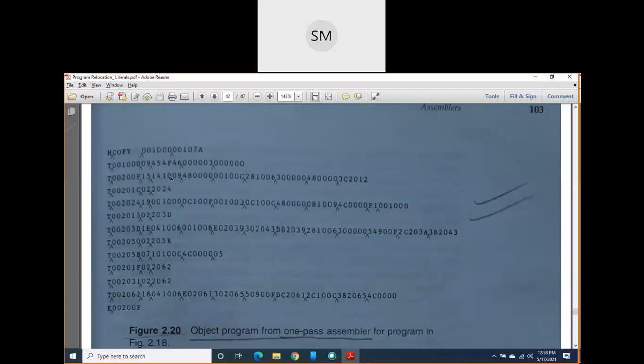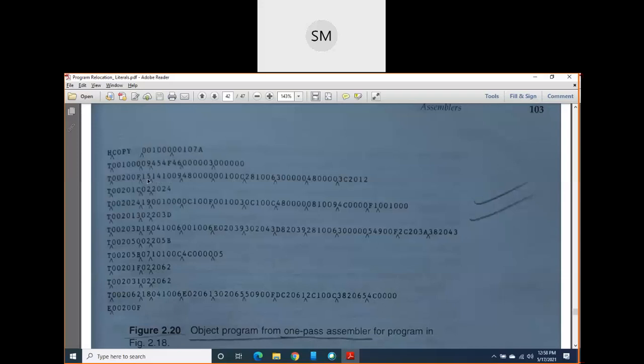So 3 bytes plus 1 byte: 4 plus 3, 7. 7 plus 3, 10. 10 plus 1, 11. 11 plus 1, 12. 12 plus 3, 15.